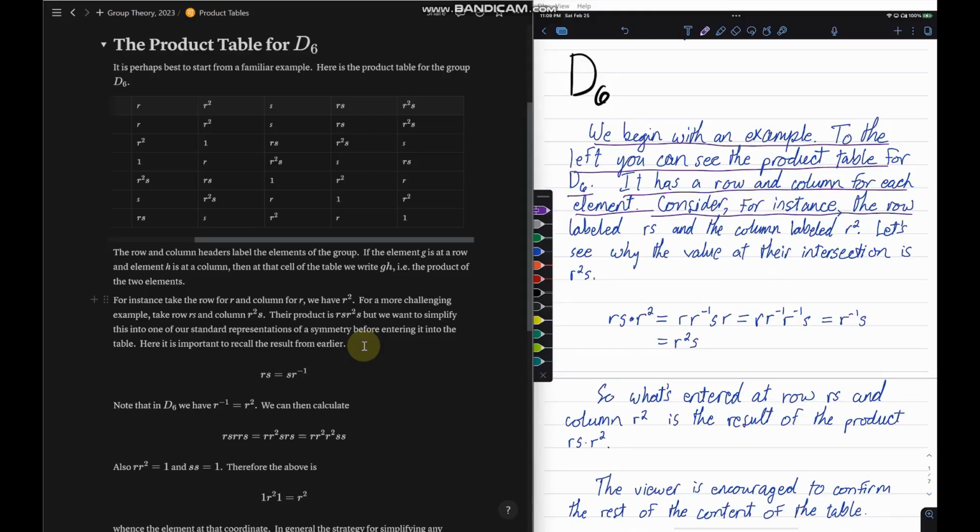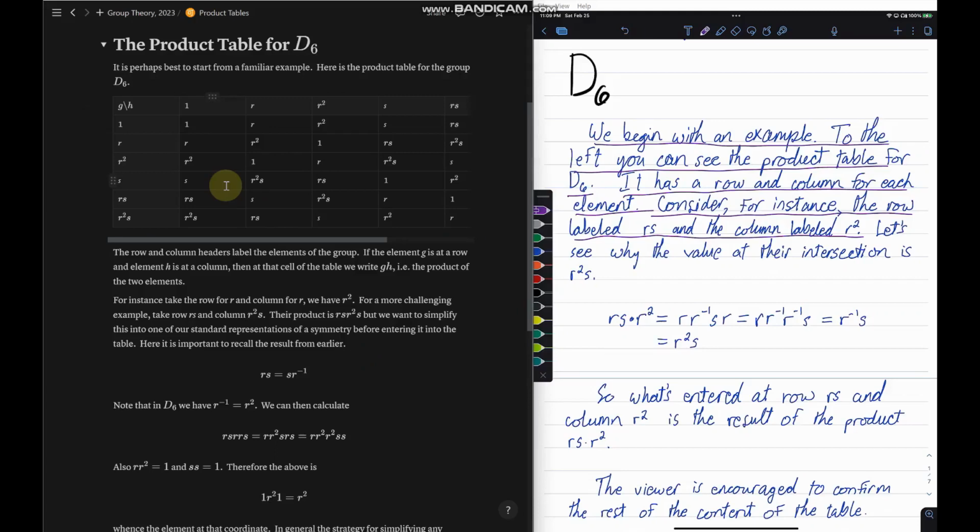Consider, for instance, the row labeled RS and the column labeled R squared. Let's find the row labeled RS and the column labeled R squared, which seems to have this value. Let's see why the value at their intersection is R squared S. We're going to compute this product, RS R squared. Notice RS on the left corresponds to the row, and R squared on the right corresponds to the column. So we start computing this product, and we do what we've seen in at least one other video,